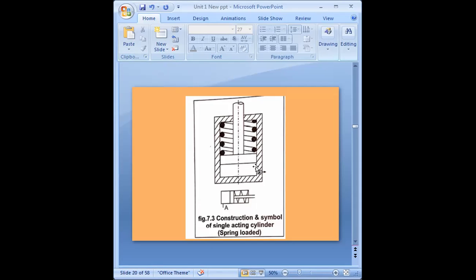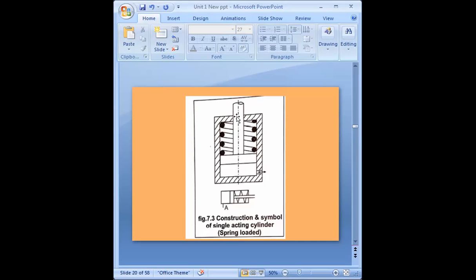And when the fluid coming through this port is cut off, due to the spring, this piston rod will come in the downward direction. That means the retraction action happens due to this spring only. If you remove this spring, then due to the dead weight of the piston rod, due to gravity, it will come